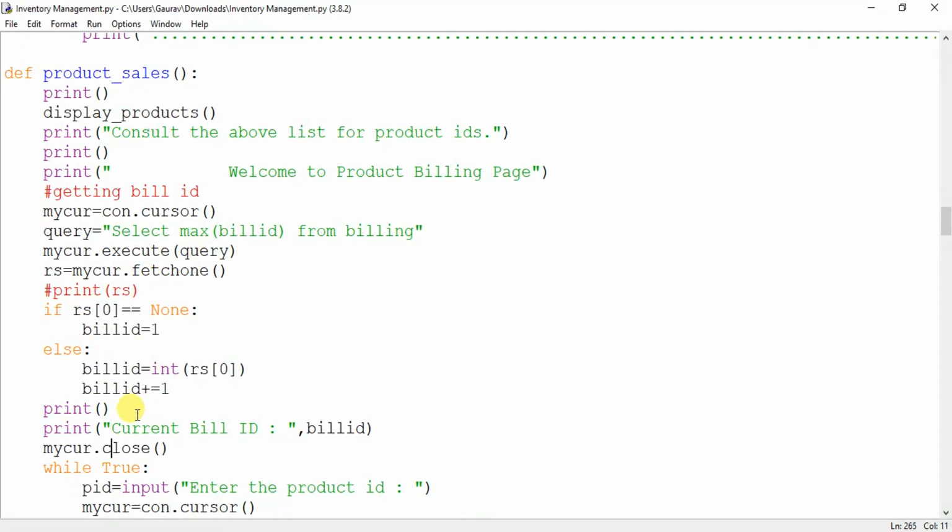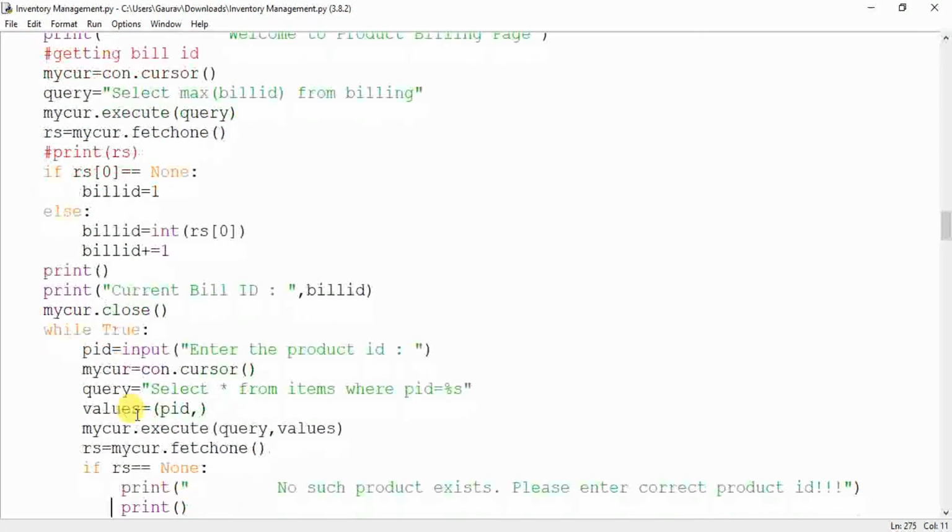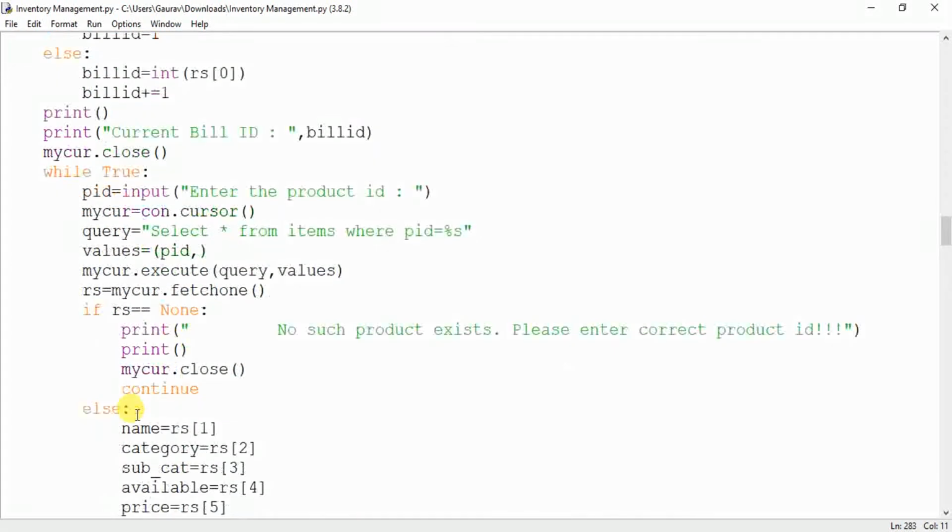Okay, after that you will ask again and again, because the customer may want many products, so this infinite loop is there, while true. That means until the user asks you to stop, you will continue asking him which product he wants.